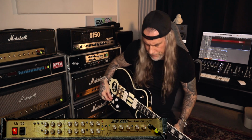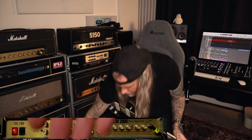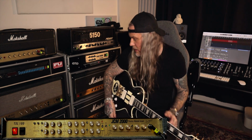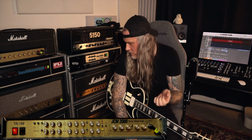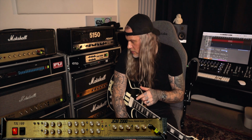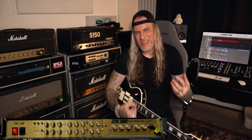Sounds pretty cool, right? Okay, so 3 channels. Hopefully the video is working because the amp is there. So it has a clean channel with kind of like a mid boost, so you can overdrive it a little bit, actually quite a lot if you crank it. And then there's 2 overdriven channels. Crunch, which to me is pretty much like JCM800 2203, kind of muddied, a little bit maybe modern. And then the lead channel, which is tight, modern, a little bit more compressed,